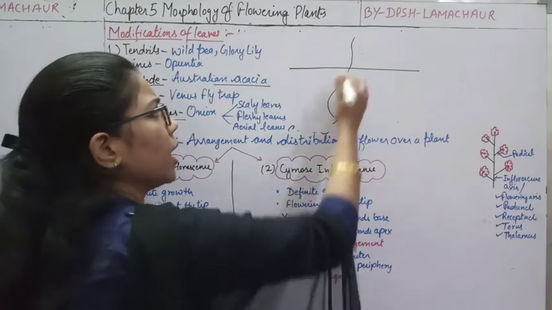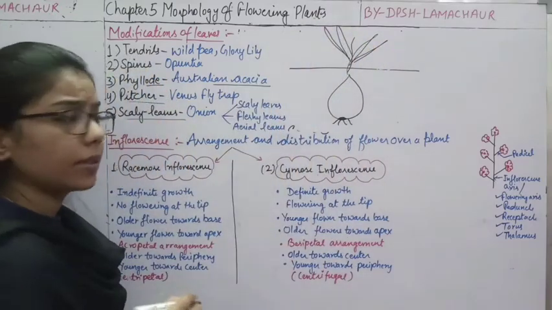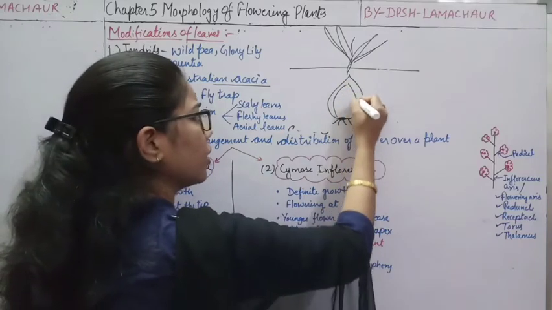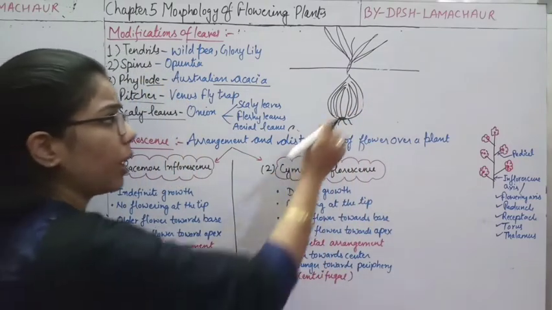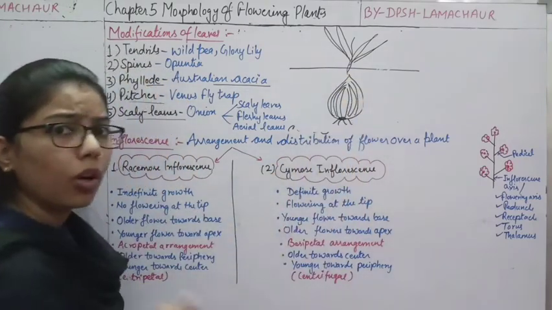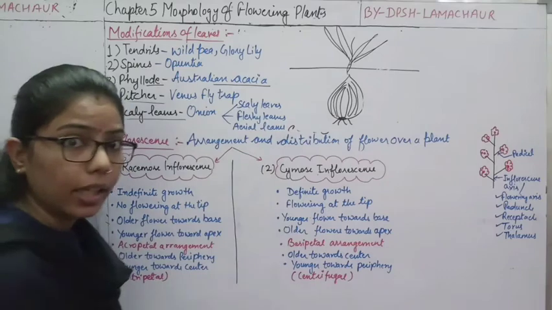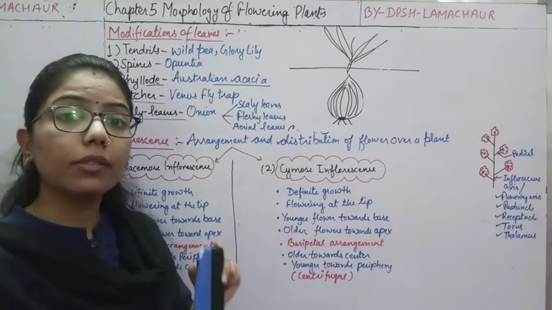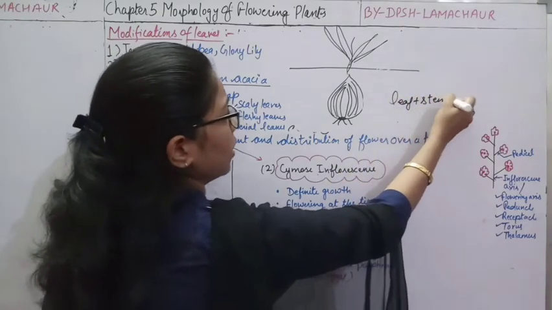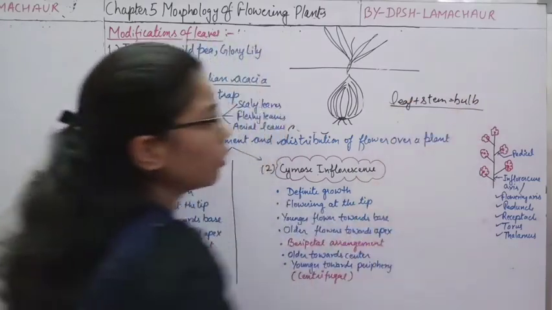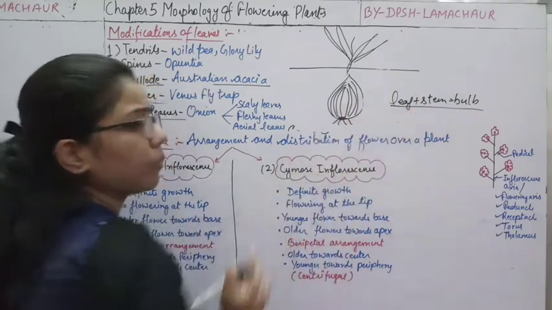They are the modified stem, and they also have some leaves in the upper part. In this onion you can see different structures, different parts which you are eating also. This white part which is present inside the onion, what is this? This is the edible part. So we can say that in case of onion and garlic, the leaves have a different structure, and this leaf plus stem is forming a bulb, because we know that onion is what? It is a bulb. So it is a combination of leaf and stem.